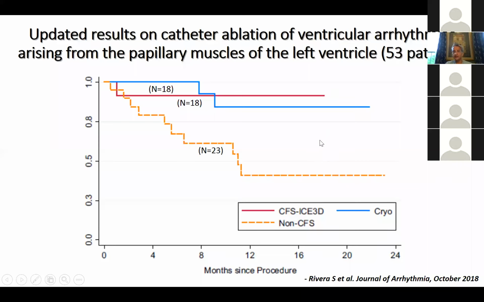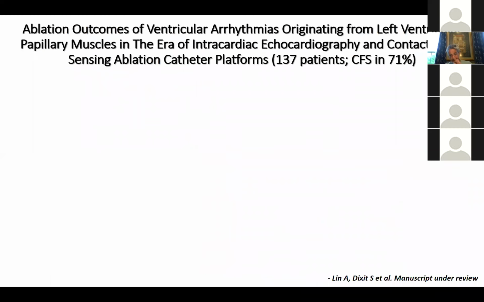So you can see that there is a significant difference in the success rate of the procedure, where for the non-contact force sensing group, these are half as successful as the other two. And this is somewhat similar to our experience, but those are the kind of success rates that we are looking at. So this is our most recent